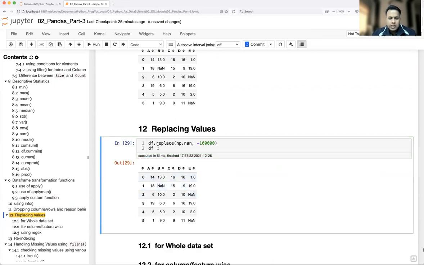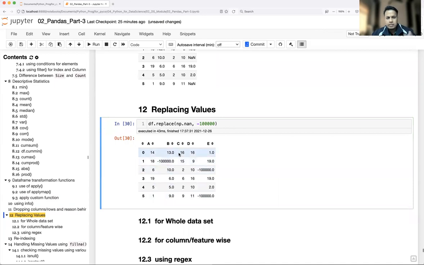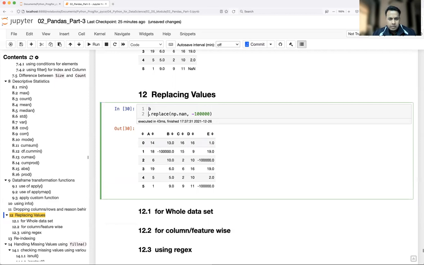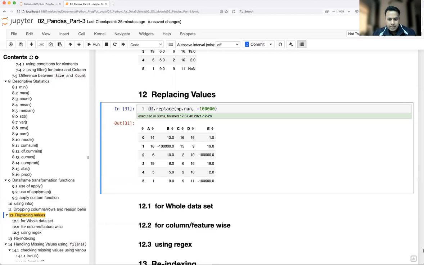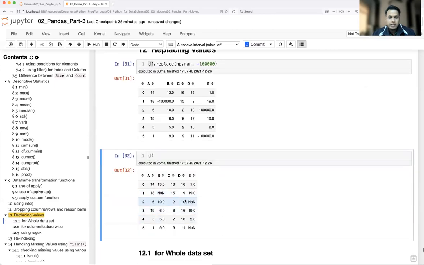Remember, this is always going to return a copy. The original data will not get modified, which is why you are seeing separate data. Internally it makes a copy of df, replaces, and puts in the value. My original data frame is still intact and not changed at all; you see here, I still see NaN.